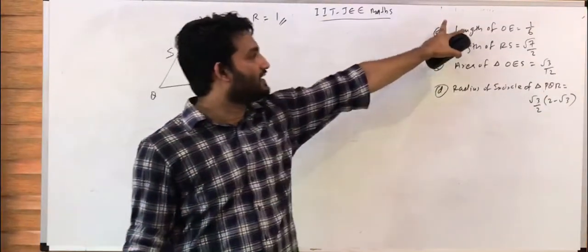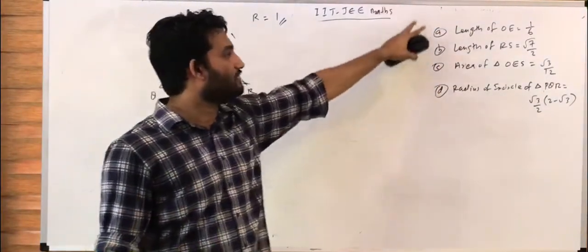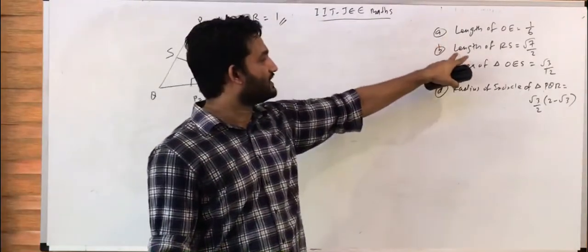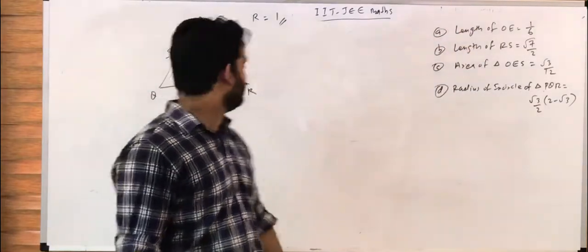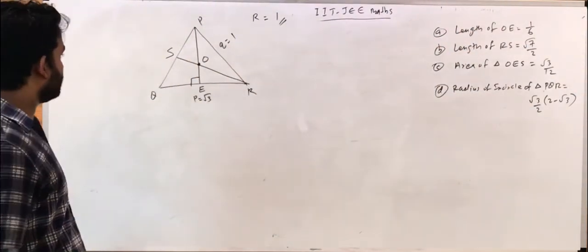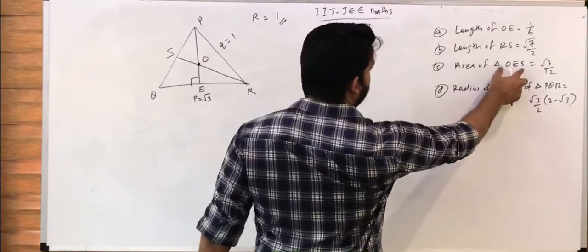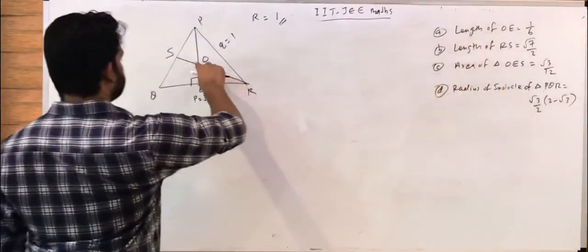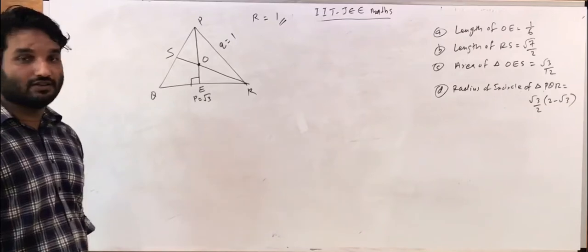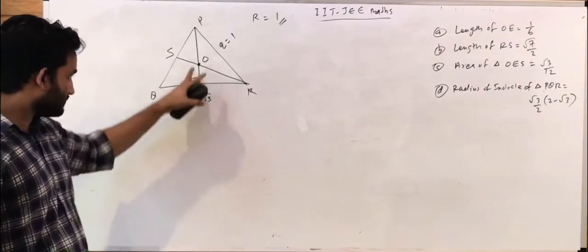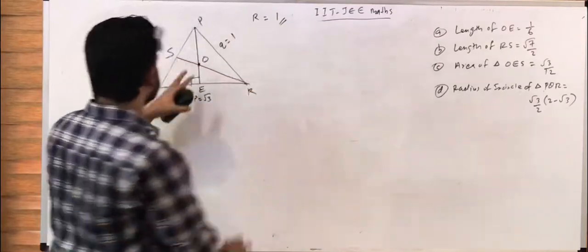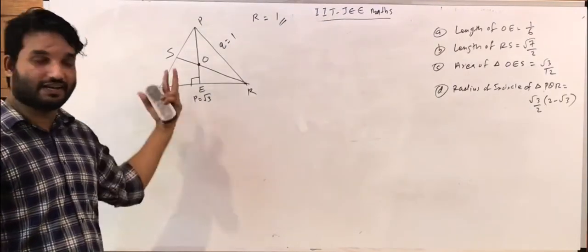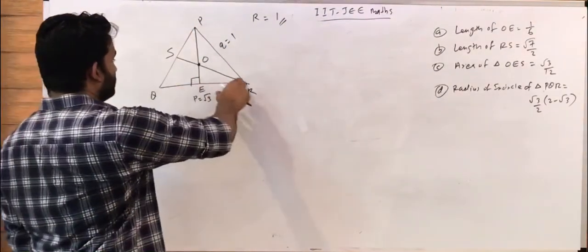So this is also a multiple choice question in which there may be more than one correct answer. So we need to check for each option whether it is correct or not. So first of all, here area of triangle OES is asked. Similarly, length of OE is asked. So better I convert. Before I convert, we can use the sine rule, the extended sine rule, for any triangle to get the angles for these triangles.